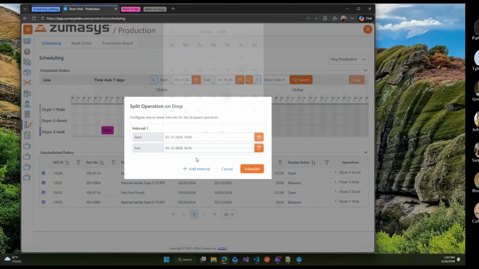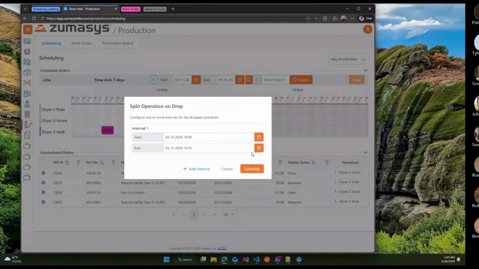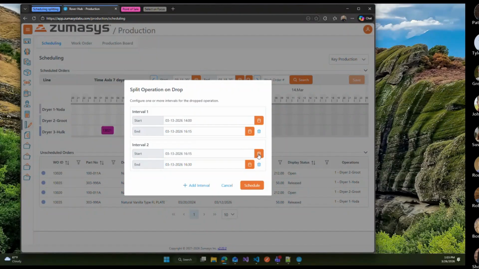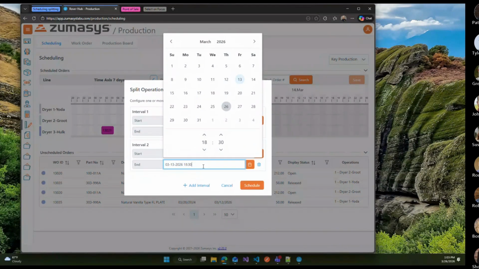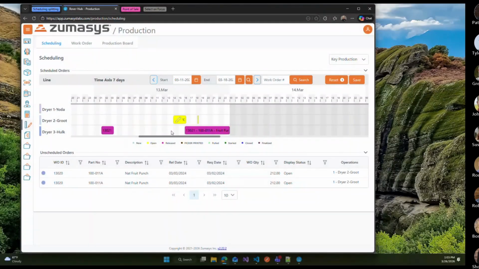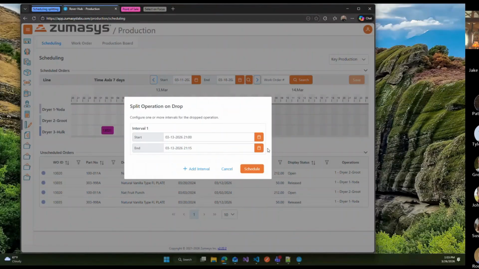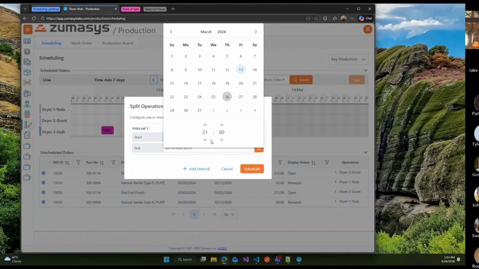You can answer this prompt first, but then you can also make it span multiple days, and you can add as many of these as you'd like. I will go ahead and schedule this for a little bit later. And now you can see we've got two time intervals for the same operation. Something else that you can do here, I shouldn't have done that. Okay, so we can reschedule this and we'll get a larger block of time here,